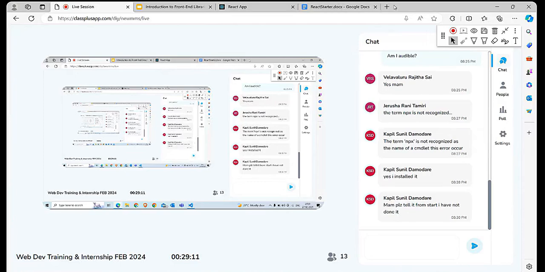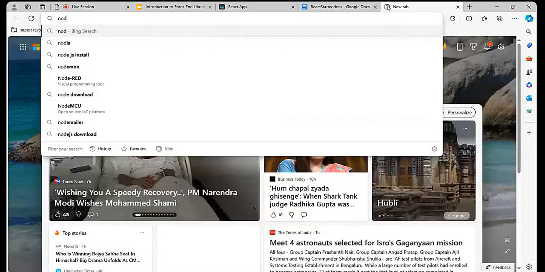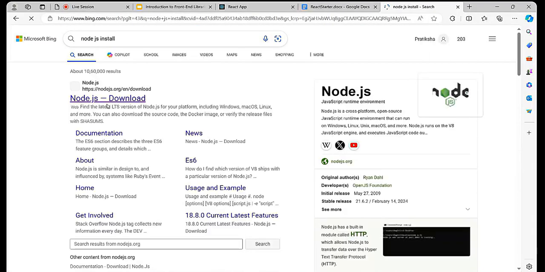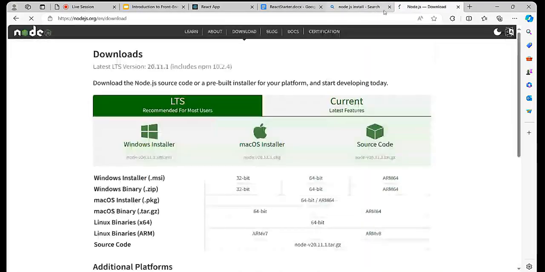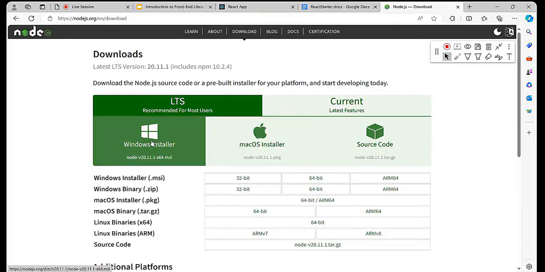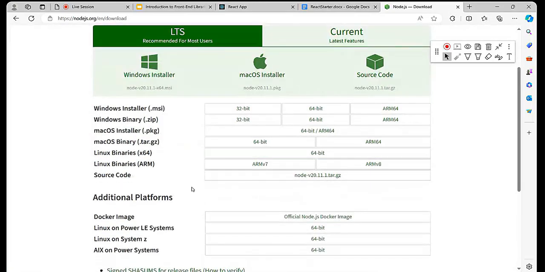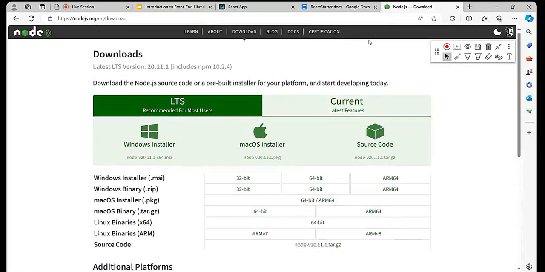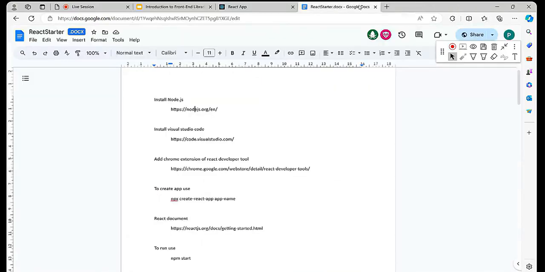Okay, let's go to this Node.js site first. I hope you downloaded the Node.js from here, according to your system, like 32-bit or 64-bit. Once that is done, install it properly. After installation, what you should do is